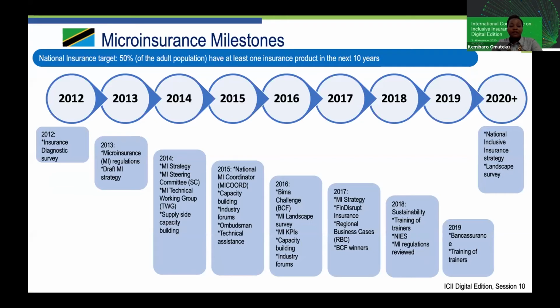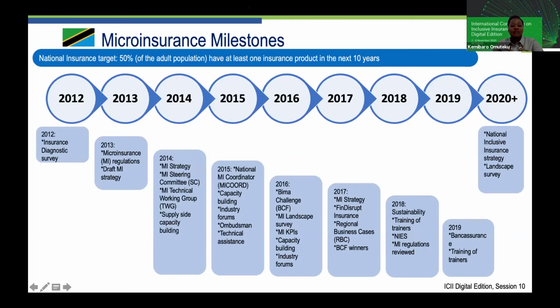All right. This is a snapshot from 2012, when we had the diagnostic done, all the way to date. It's a combination of different things. We'll not go through each year, but rather mention the highlights and some of the things we've noticed that have worked. For example, before Tanzania launched the Innovation Challenge Fund, the first of its kind in Tanzania, specifically for risk management and insurance, the market had to get to a certain point of understanding to be able to participate. That meant capacity building to understand what microinsurance is, involving the CEOs through forums to get them to listen and learn,